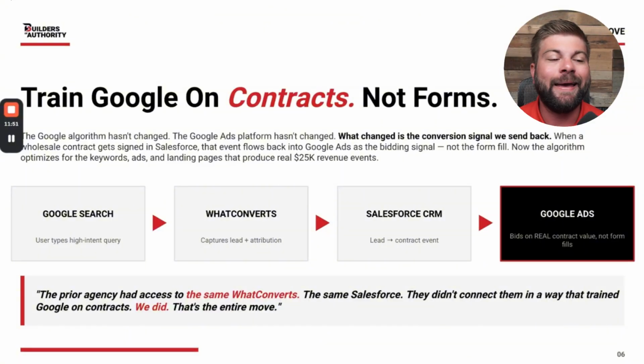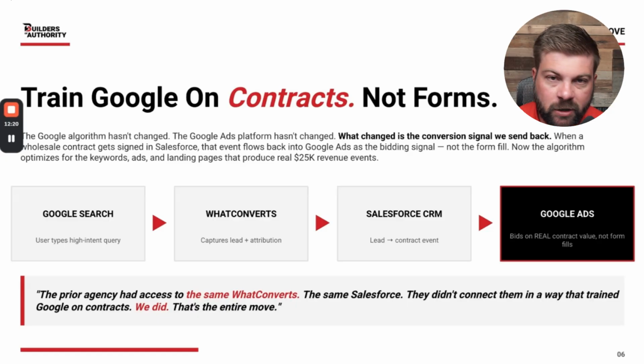Here's the move we made, and here's the move we take with our clients. This is the thing that most agencies are so bad at doing, and it's the entire reason why we've already beaten the prior agency from a ROAS standpoint by 44% in just 17 days. Meanwhile, if you work with most marketing agencies, they're going to tell you it's going to take 90 days to get any sort of better result than you were previously getting, typically. So these results are only going to get better.